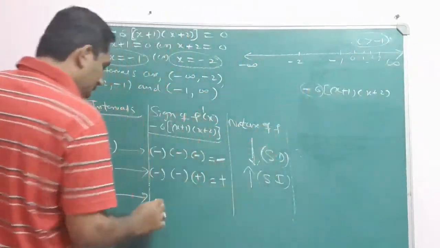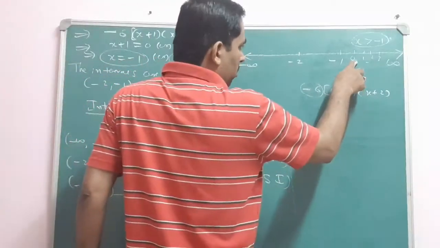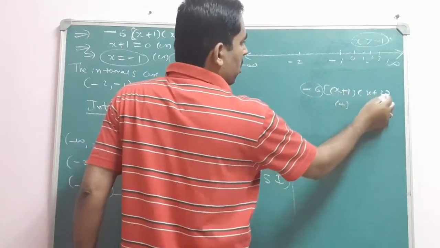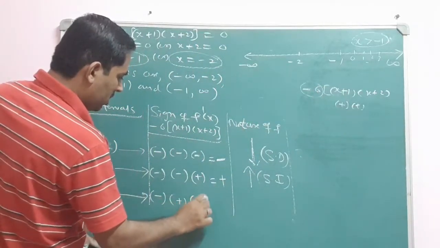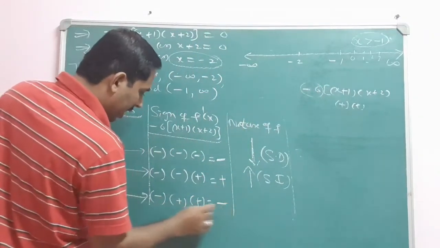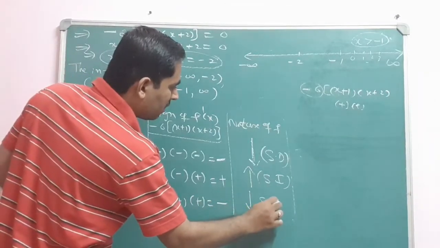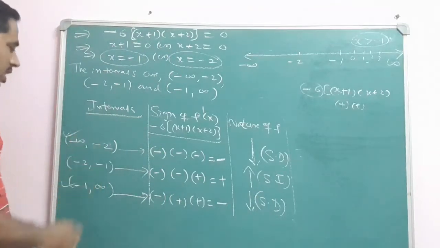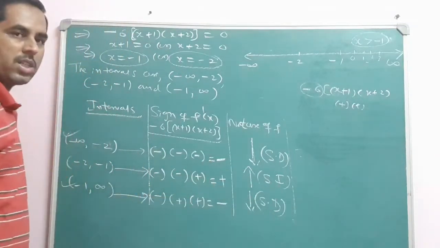So already this is negative, so let me write it as negative. See here, if I give 0, then this will be 0 plus 1, positive, 0 plus 2, it will always be positive. So this is clear, it is positive. Then overall it will be minus into plus, minus, minus into plus, minus. So once again, it is strictly decreasing. See, in the first and last intervals the function is decreasing, and in this interval it is increasing.